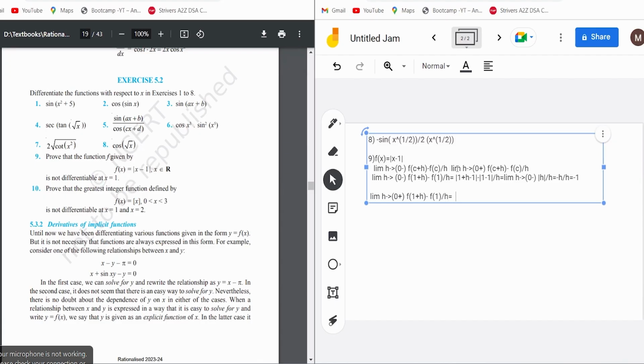So from here we can see that f of 1 plus h will remain same. 1 plus h minus 1, this thing, minus mod of 1 minus 1, whole this thing divide by h. ठीक है, सो अब अपन यहाँ पे क्या होगा, बस यहाँ पे आएगा तो वही चीज, मॉड ऑफ एच डिवाइड बाई एच। लेकिन अब इस पर अपन लिमिट कराएंगे तो इस केस में एच 0+ पे है,